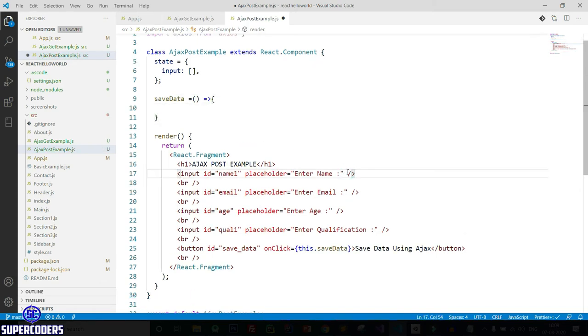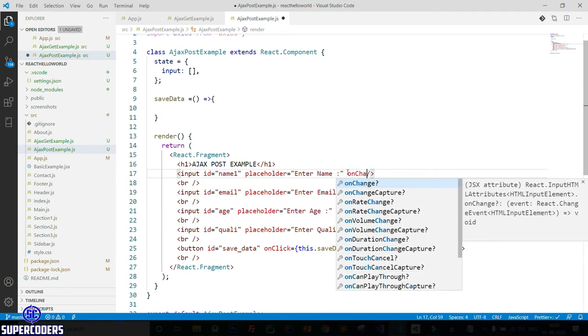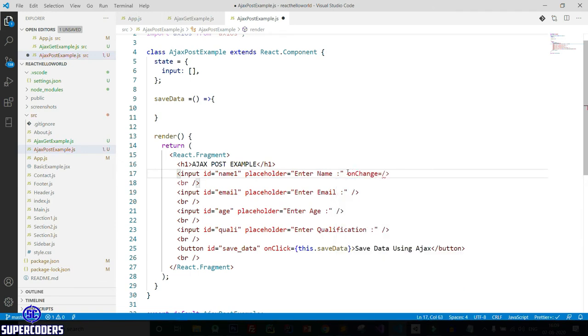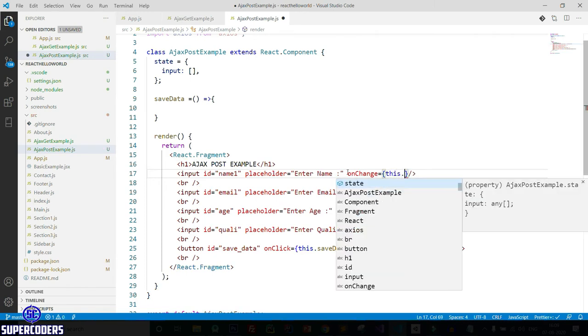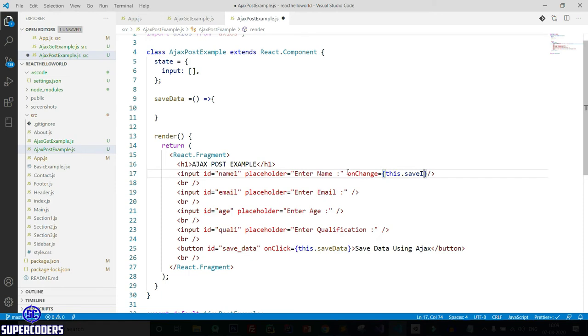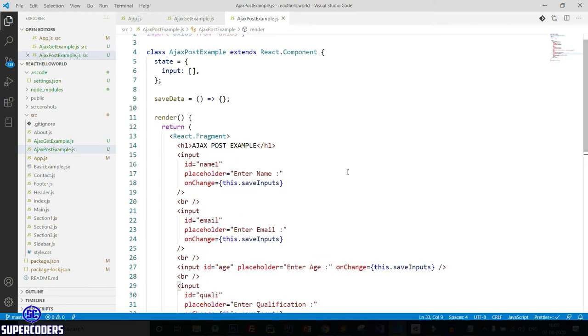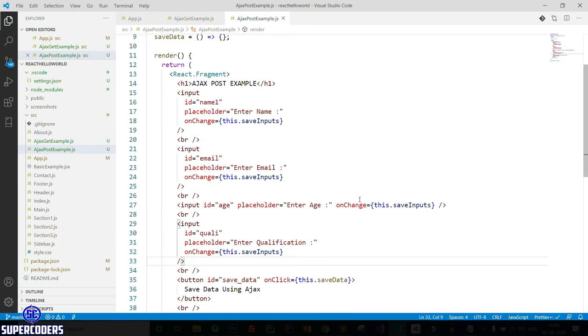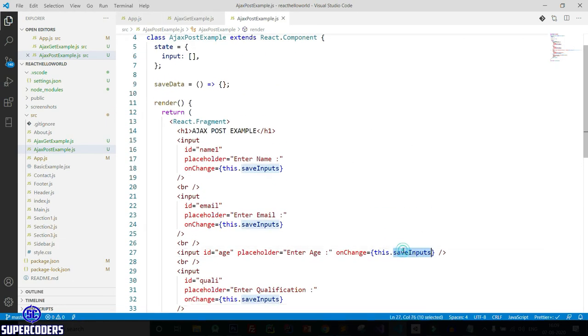Also here onChange equal to this.saveInputs. Copy it and paste here, also here and also here. Now save this. It gets formatted.